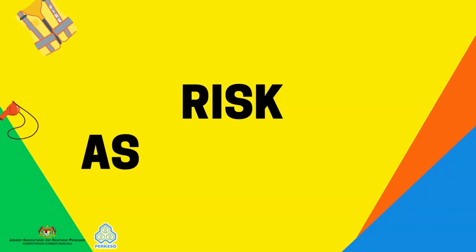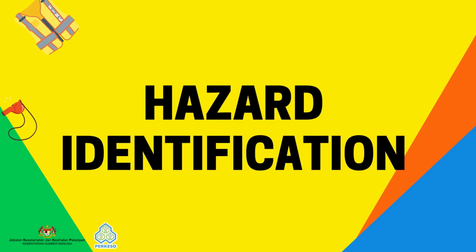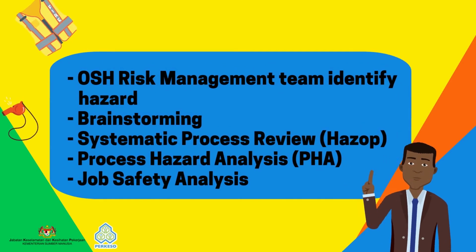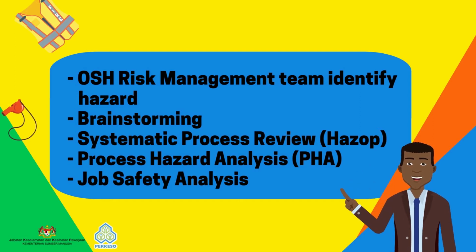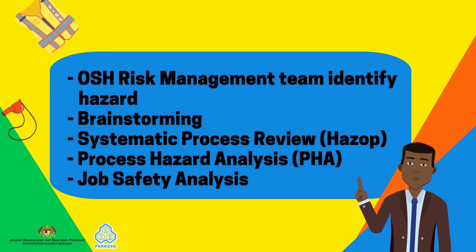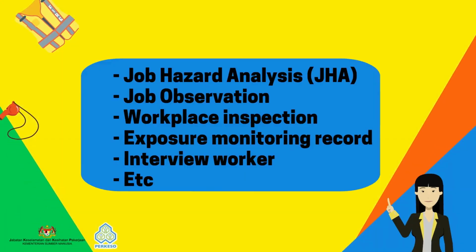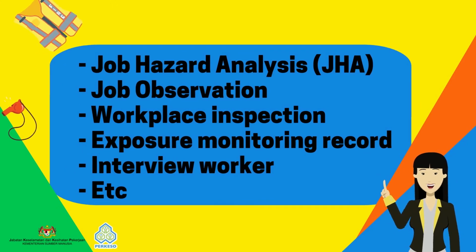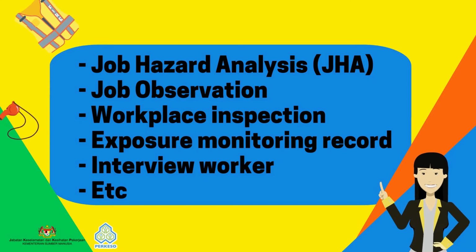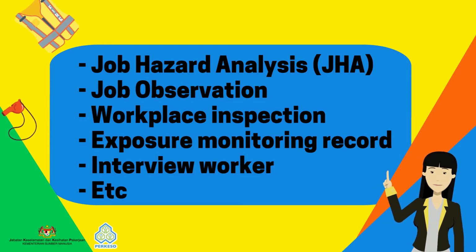Second phase is risk assessment. The first one is hazard identification. In general, the OSH risk management team has to identify hazards through brainstorming, systematic process reviews, process hazard analysis, job safety analysis, job hazard analysis, job observation, workplace inspection, exposure monitoring records, interviewing workers, etc. Take note that